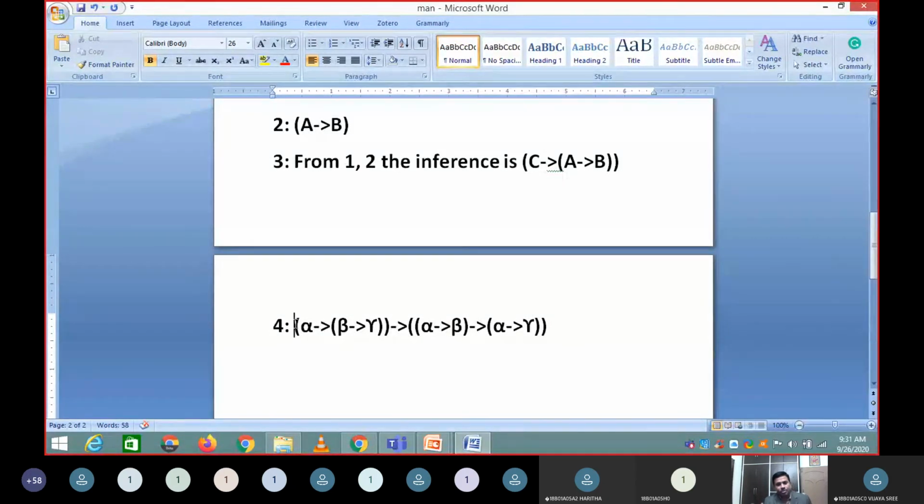So the same way, because C to A to B was there, I can write C to A to B was given. So obviously I can write C to A, and I can write C to B. This is from rule 2.